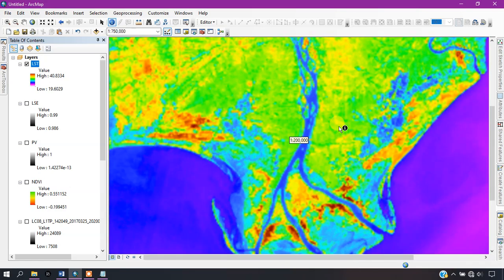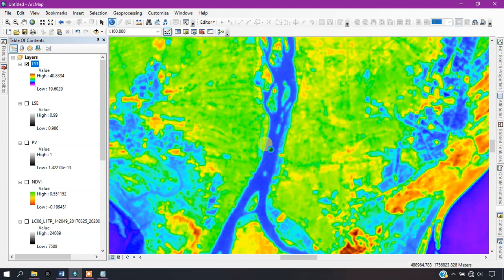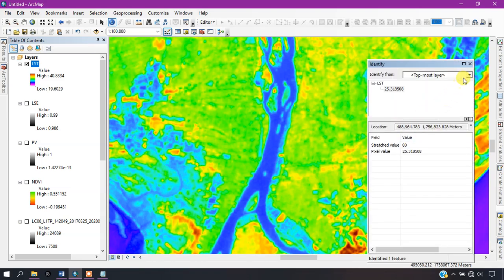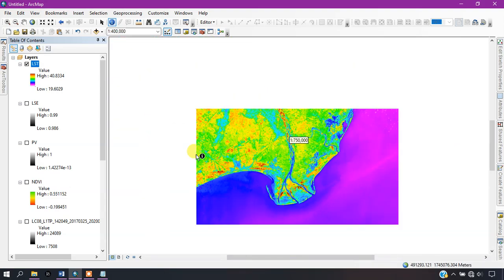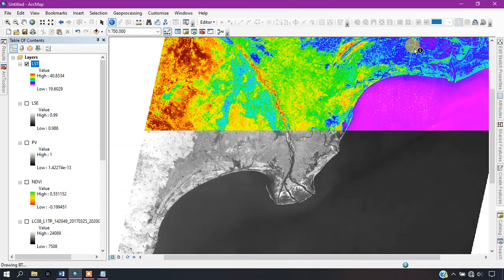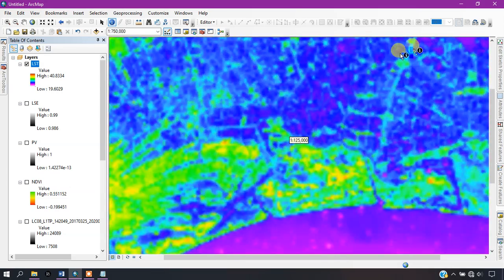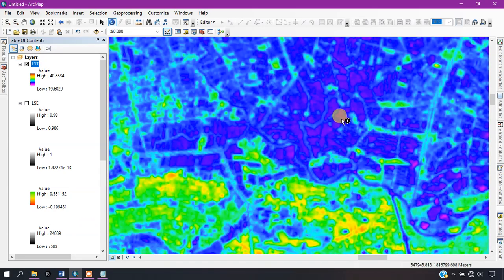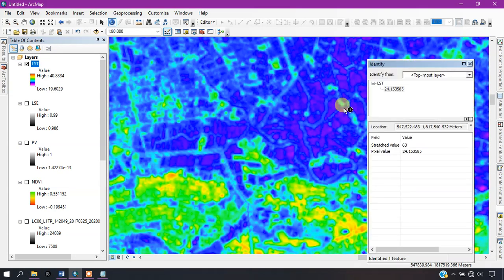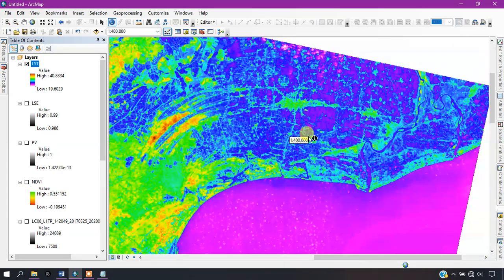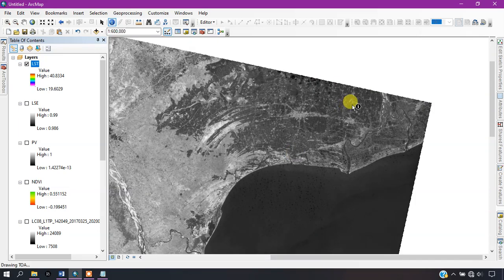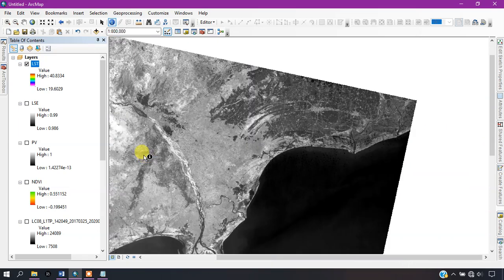And you can see these are the water bodies. It's around 25 degrees Celsius. And I'm also showing the vegetation fields. You can see here, these are the vegetation fields, which have a value of 24 degrees Celsius. And it can be visually interpreted.